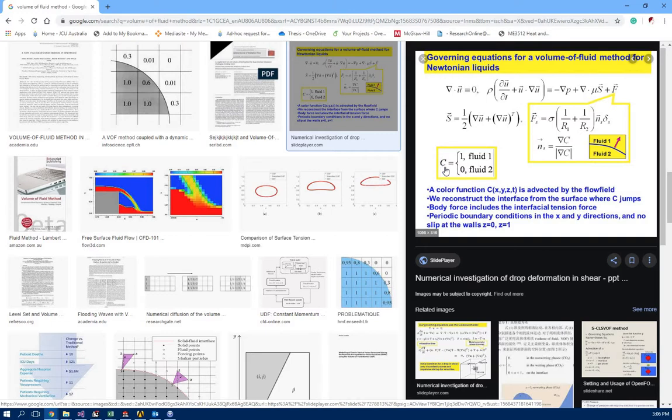So for example, this C is going to recognize the interface. When it's 1, it's fluid 1. When it's 0, it's fluid 2. There are many methods of recognizing the interface, which is too much detail, and I'm not going to include it in this homework. Okay,